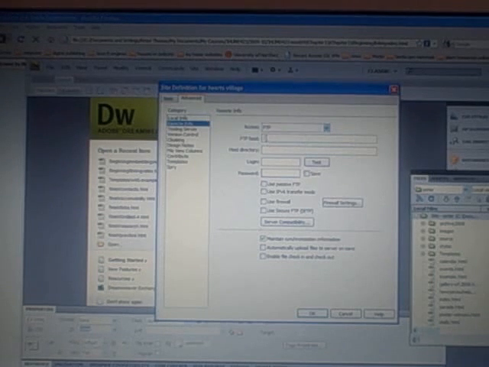The FTP host is ftp.mimi.tessia.co.uk, and the host directory is